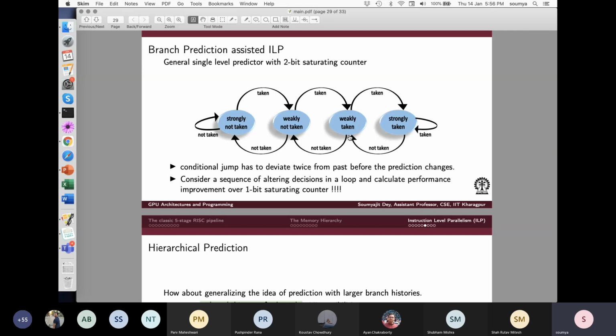That means from strongly taken, I will come to a weakly taken state. Had it been a 1-bit branch predictor, what would have happened? These states would not be there. So from taken, I would go to a not taken state. But since this is a 2-bit predictor, that means I have 4 states. So is this clear? What is the difference between a 1-bit and 2-bit predictor? Now just assume that I am going to use this 2-bit predictor if my current branch history matches with an m-length string. I will use another 2-bit predictor if my current branch history matches with another m-length string.